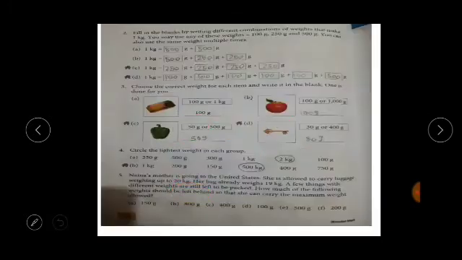Okay, children. Next, this one we discussed in the class, in previous class. Then we have to choose the correct weight for each item and write in the blank. One is done for you. 1 gram, 100 gram or 1 kilogram, the weight of a chocolate. Obviously, it's gram. Okay, so 100 gram.